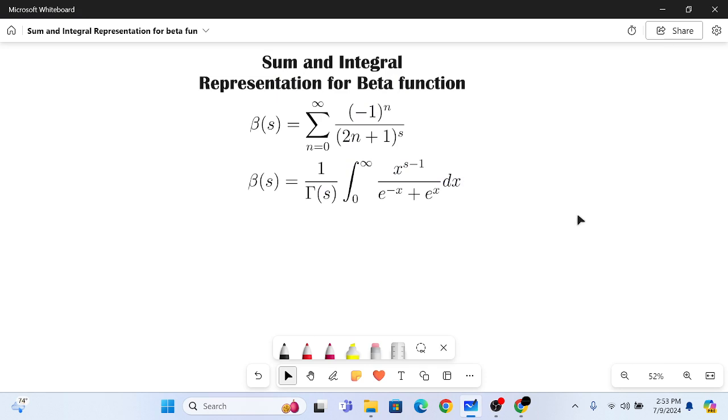Sum and integral representation for beta function. Okay, so in this video we will look at why both of these are true. Now the first one is actually the definition, so I'm not really going to say why this is true, because a